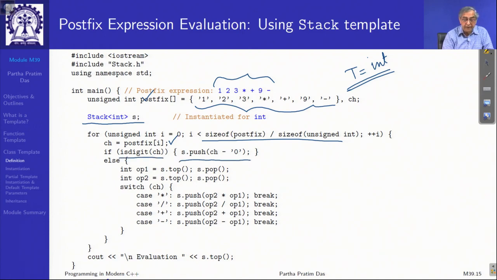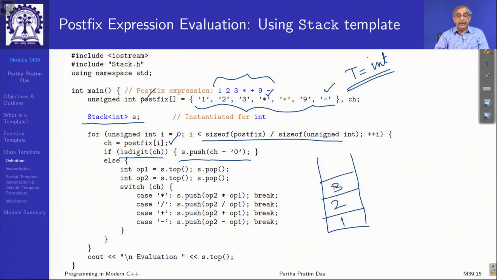If it is a digit, I find out its numerical value, ch minus the ASCII code of 0. I am assuming that the constants here are single digit constants just for simplicity, and push that in the stack. And when it is not a digit, it must be an operator like this or like this. So, as I go ahead, I will have 1 going in first, 2 going in next, 3 going in next, and then I will have this operator, and when I get that, I will take the top of the stack, which is 3,